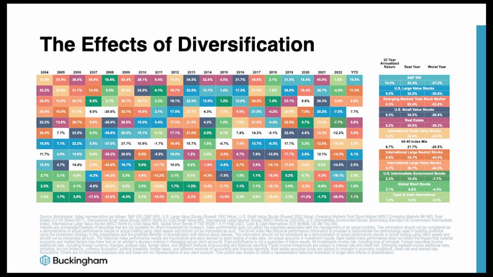Here we see a collection of major asset class calendar year returns displayed on a quilt-like chart. Looking at year-to-date returns in the rightmost column, we see that all asset classes posted positive performance, with the S&P 500, a popular headline index primarily tracking U.S. large growth company performance, gaining the most value at 16.9%.